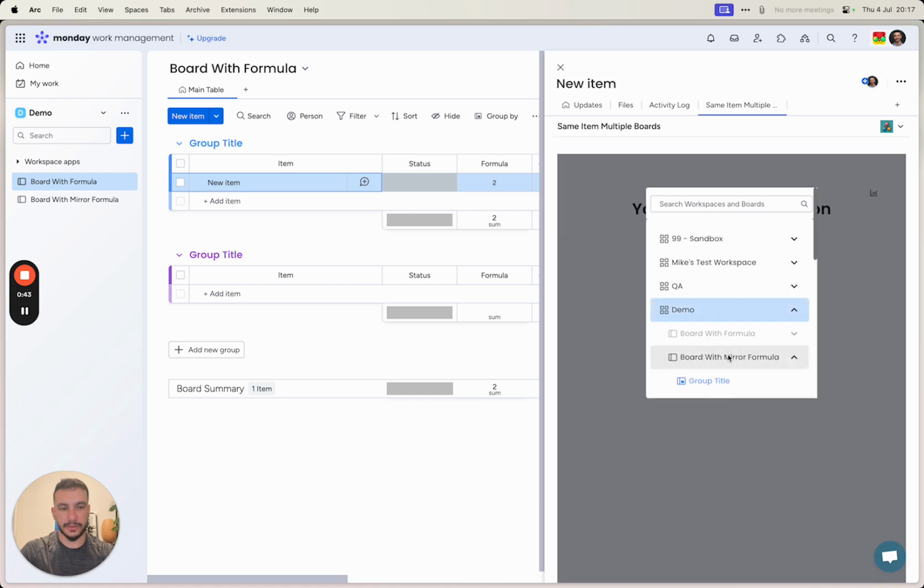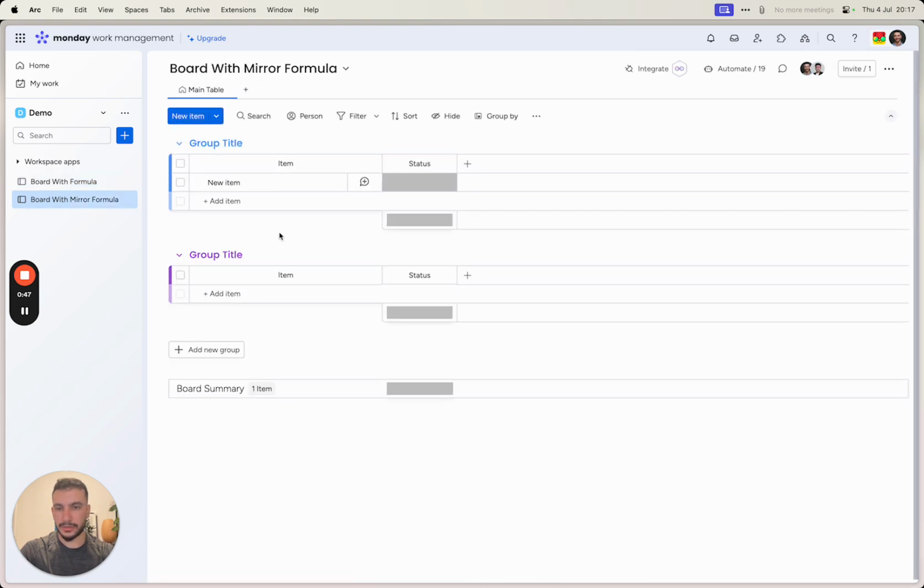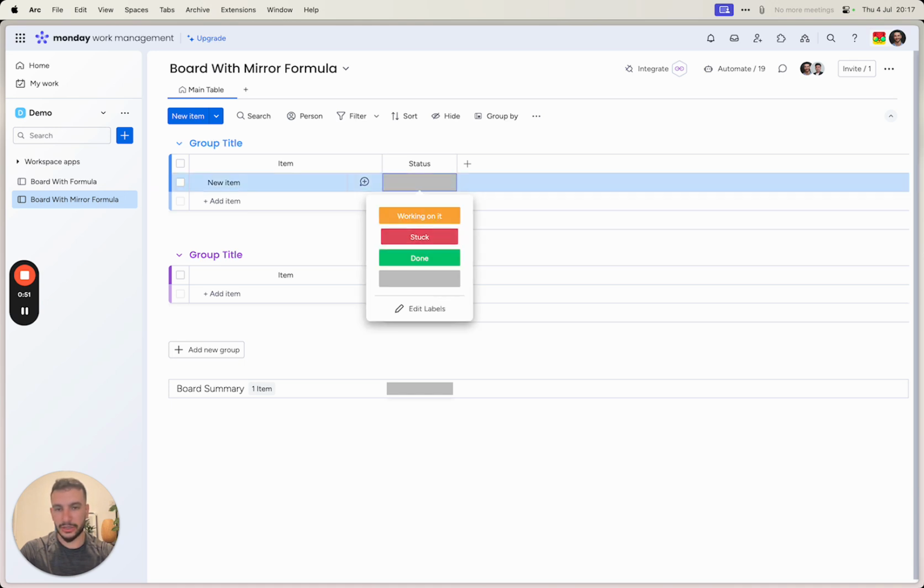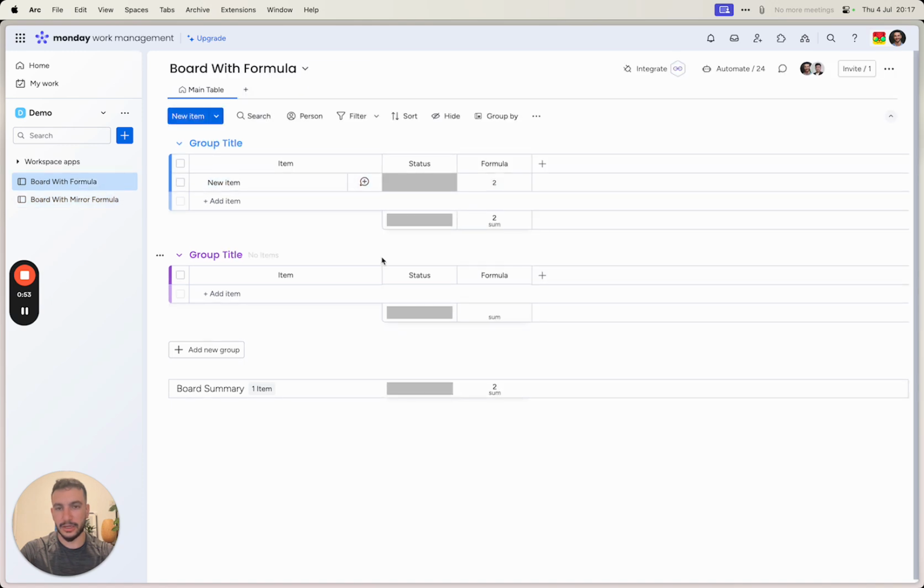I'm in the demo workspace board. I'm going to set it to the blue group. And let's go here. Yeah, we can see it's done. So the same item is now shared. If I change the status here, then it will change here as well. Perfect. So what I'm gonna do here, in this case I have the formula column in this board, and in